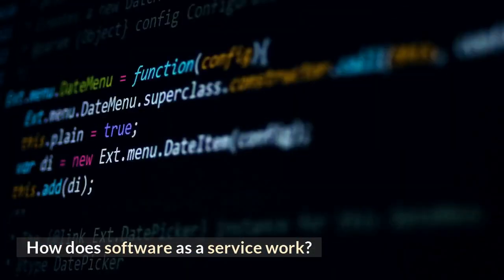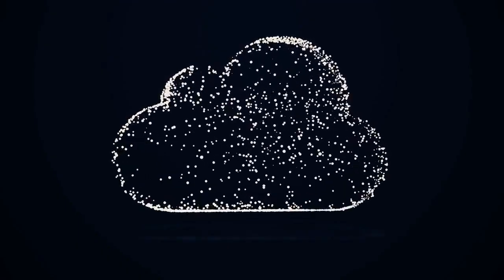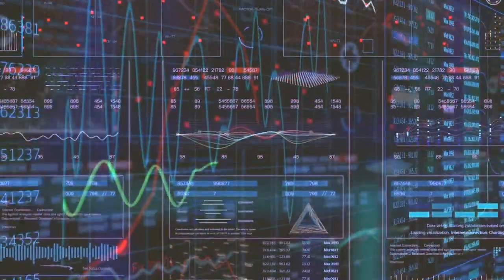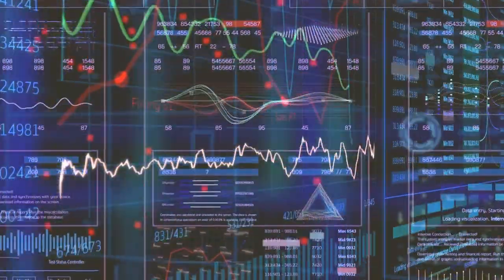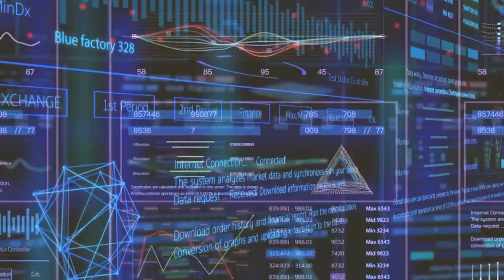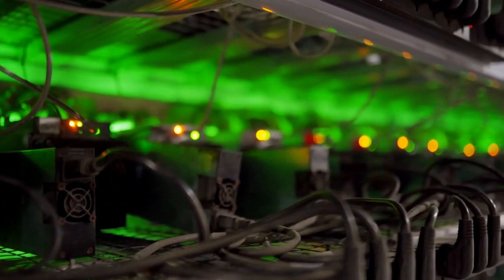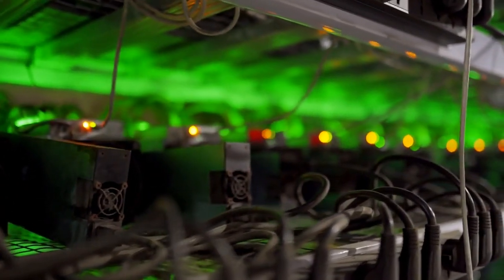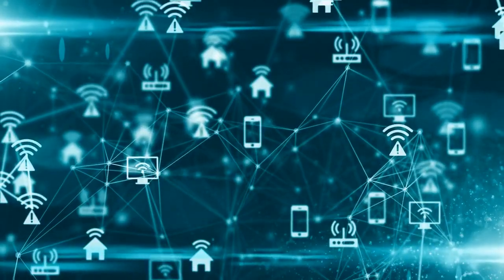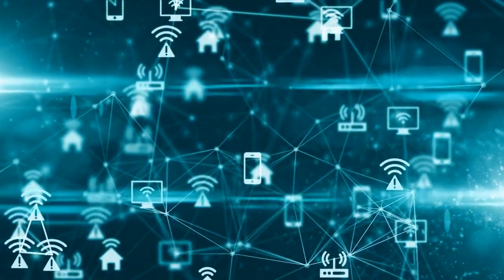And now the question, how does software as a service work? SaaS is delivered via the cloud. A software provider will either host the application and related data on its own servers, databases, networking and computing resources, or an independent software vendor will contract with a cloud provider to host the application in the provider's data center. The application will be available to any device with a network connection.